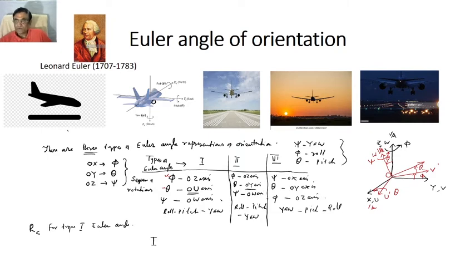So perpendicular to the OW axis, this will actually flip V, and you see U. That's it. So after giving this roll pitch yaw,